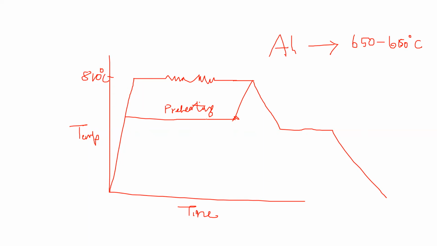So the preheating is a very important thing. We cannot introduce the reinforcement particles as they are into the molten metal, since if we do so, it may induce defects like porosity or poor wettability. So in order to avoid all these things, we preheat the reinforcement particles at 600 or 500 degrees Celsius